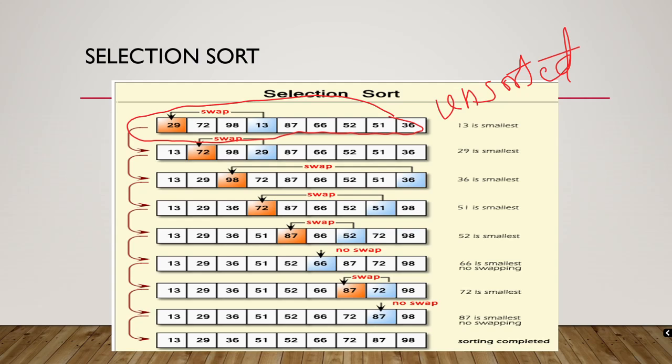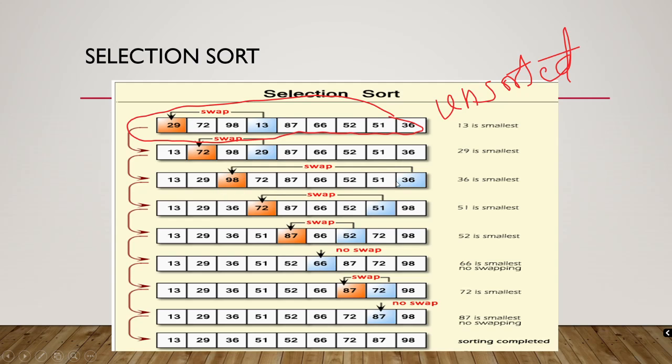Now I have replaced 72 and 29. Now I have to check 98. Is 72 greater than 98? No. Is 87 greater than 98? No. Which is smaller than 98?